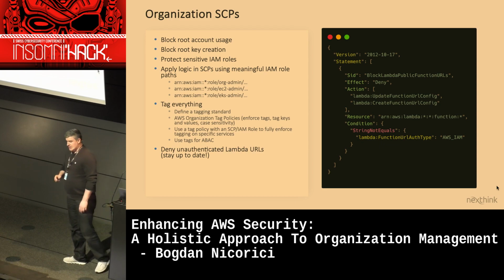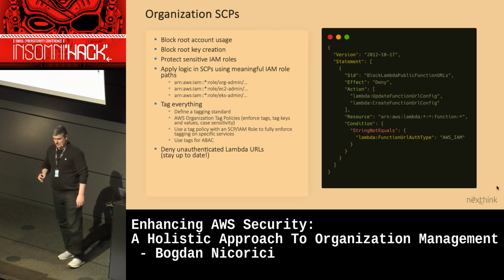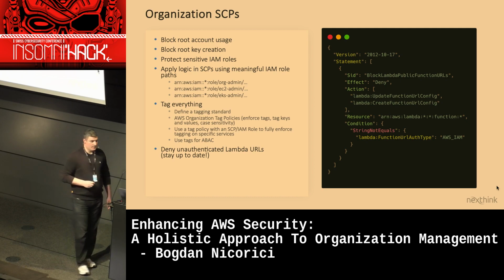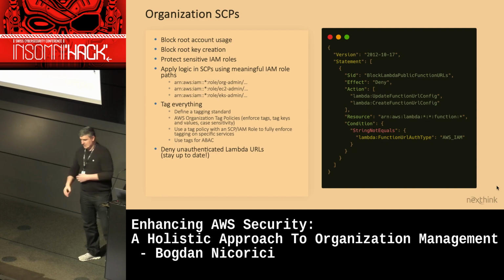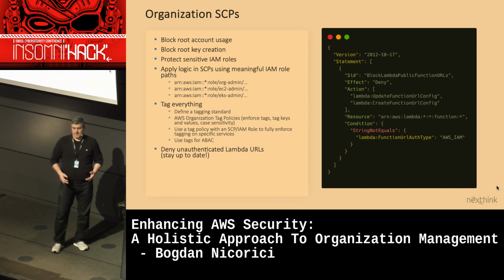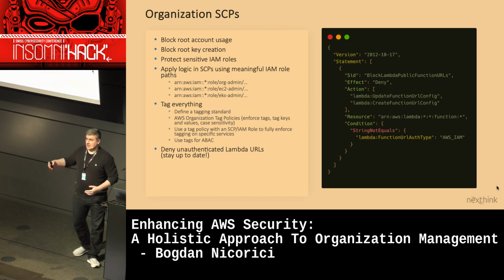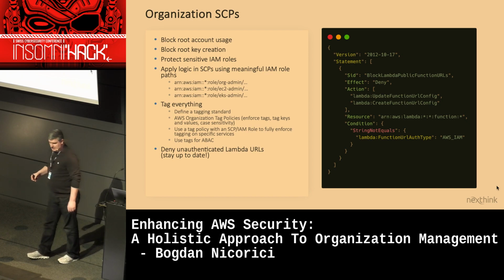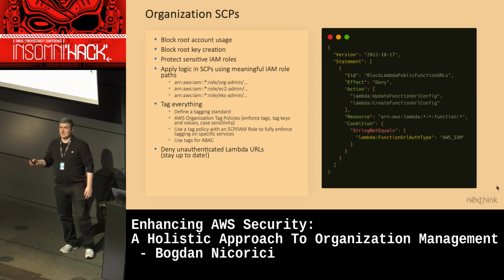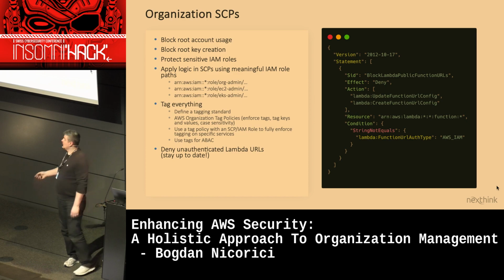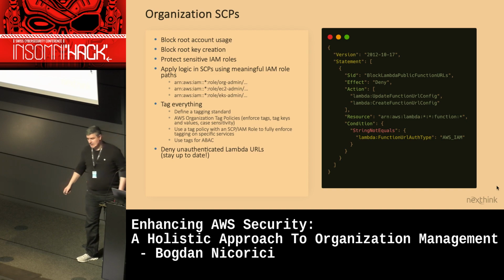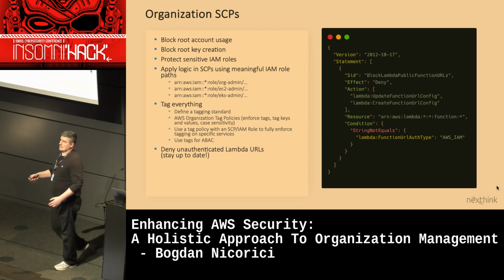This is actually a pretty easy SCP that we applied, which is disabling Lambda URLs if they're not authenticated. It might seem not important at all, but we were surprised because by default, Lambdas didn't have this feature in the past. So AWS released this feature, which allowed people with some level of access in AWS to make a Lambda publicly available, but with no authentication. So we had to create immediately this SCP and apply it to the whole organization so that no one can make Lambdas publicly available without authentication.